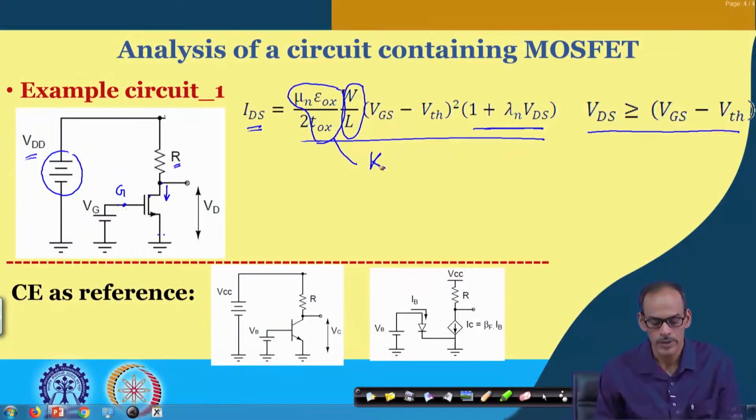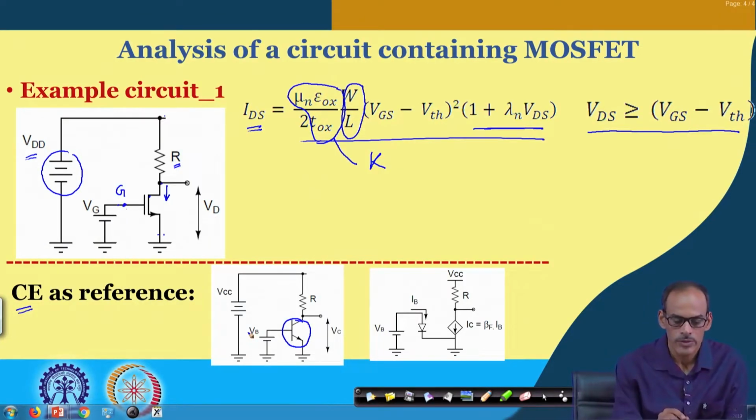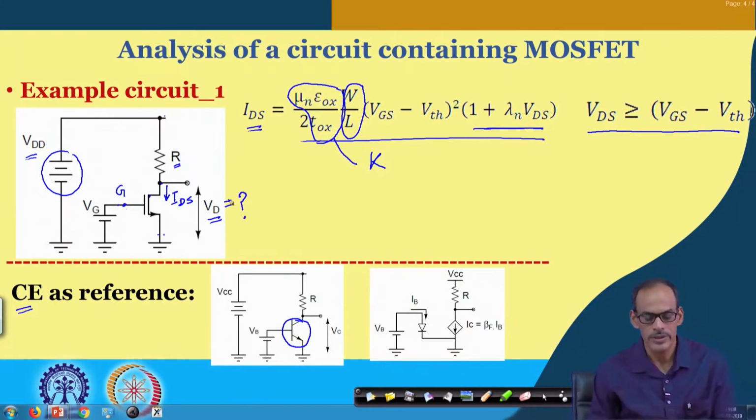Now, if you compare the common emitter amplifier circuit, which is similar to this common source amplifier circuit, and the circuit, just for your reference, which was discussed in the previous class, I am also showing it. Here we will try to see, once the circuit is given, how do we find the current here. Of course, the current equation is given here, and then subsequently how do you find the drain voltage or VDS,